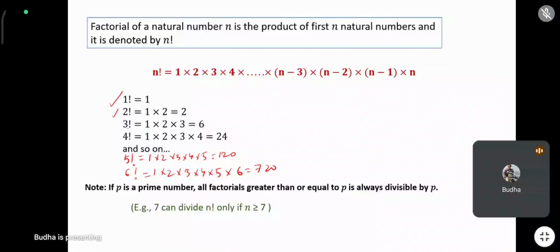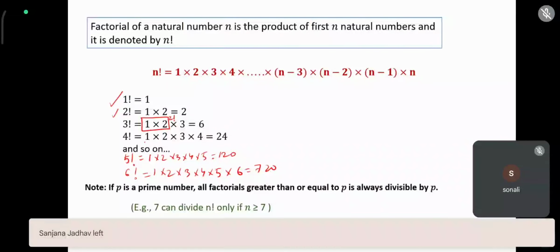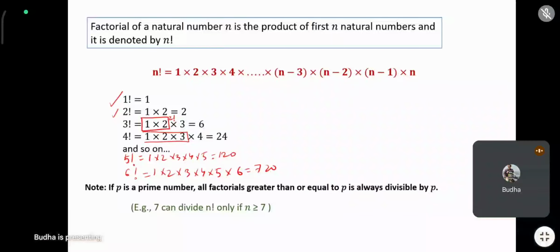Don't you think this part is actually 2 factorial? Yes or no? Yes. If you look at this part, it is actually 3 factorial. So can I say 4 factorial is 4 into 3 factorial? Yes, sir. Yes. So if I write 7 factorial, it is nothing but 7 into 6 factorial,